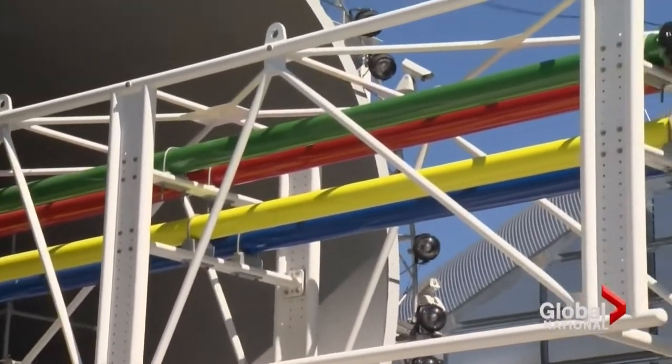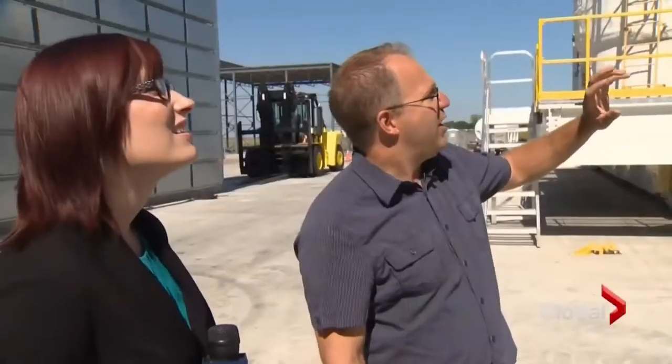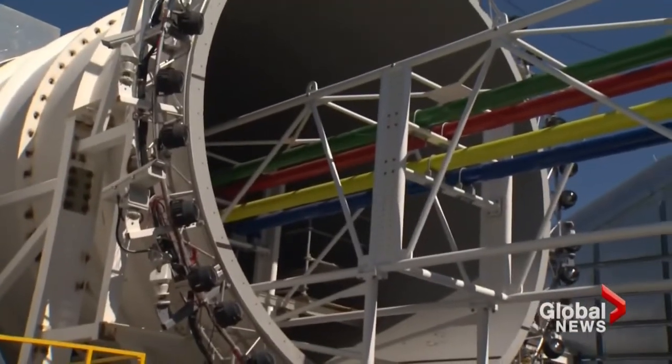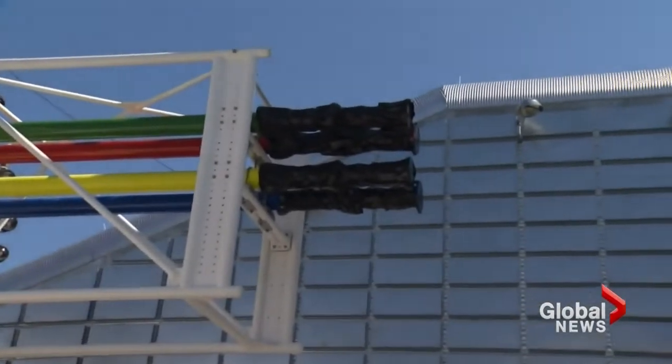This is the bird ingestion setup. So this is the bird cannon. Loaded with bird carcasses collected from the dump, it does exactly what the name suggests. The birds get loaded into a canister. There's a series of pressurized tanks. That pressure is released when the wind tunnel is running, and then the birds are targeted towards a specific area